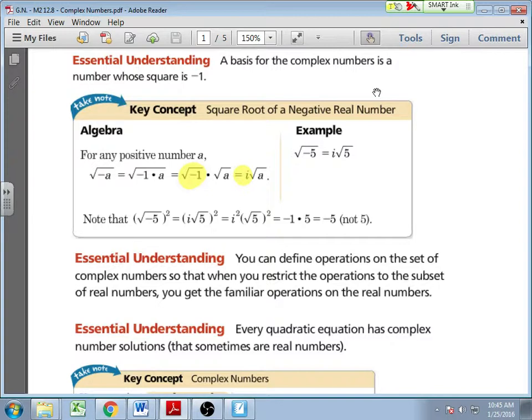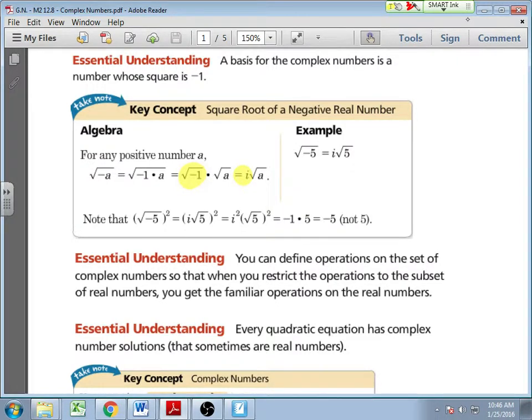Working backwards, if I start with an i and I want to get rid of it, I can just multiply by another i, because as soon as it's squared, it turns into a -1. So if we work that process backwards again, you can see we're doing essentially the inverse order. You start with an i. We know that there's going to be an i there. They went ahead and wrote the squared, but if we think about -5,